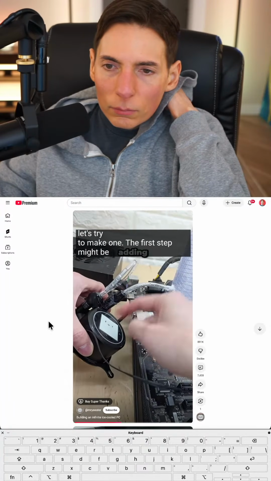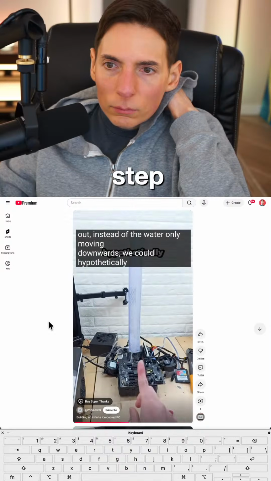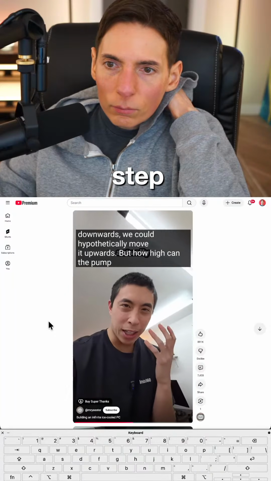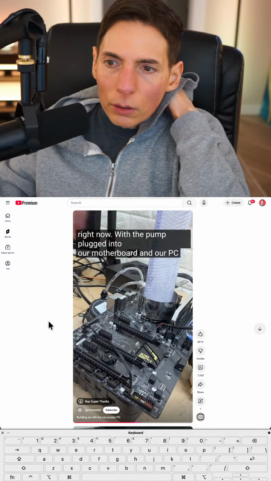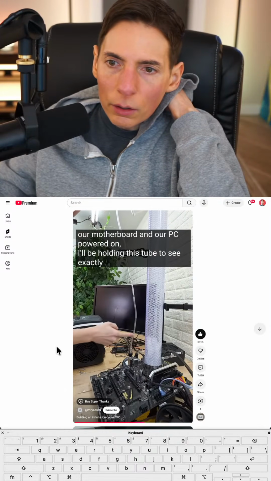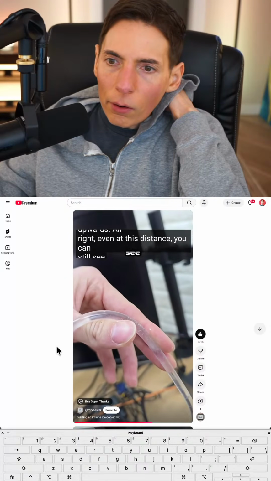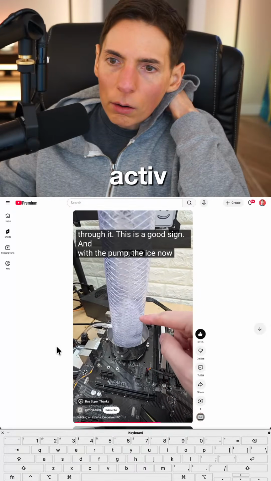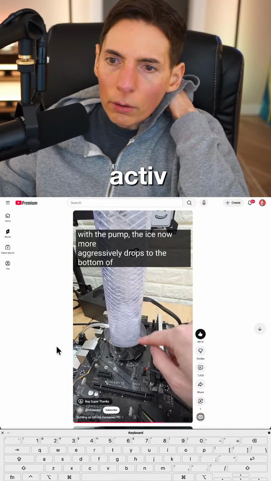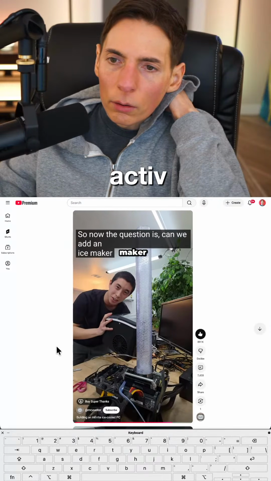The first step might be adding a pump, so that when water drains out, instead of the water only moving downwards, we could hypothetically move it upwards. But how high can the pump actually move water? Let's find that out right now. With the pump plugged into our motherboard and our PC powered on, I'll be holding this tube to see exactly how far the water travels upwards. All right, even at this distance, you can still see the water actively flowing through it. This is a good sign. And with the pump, the ice now more aggressively drops to the bottom of this cup here, which is exactly what we want. So now the question is, can we add an ice maker to the top of this setup